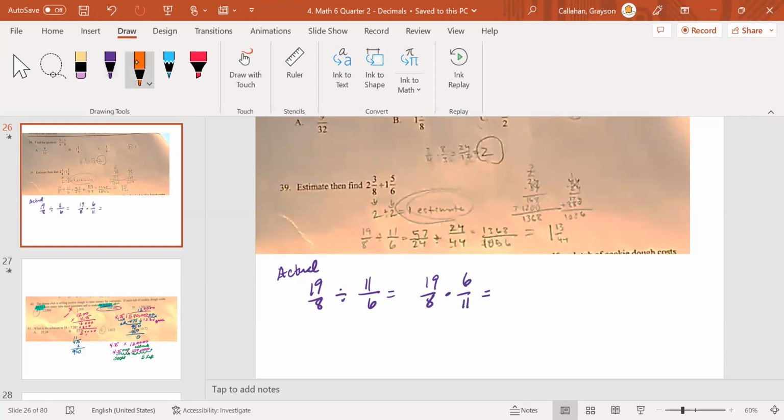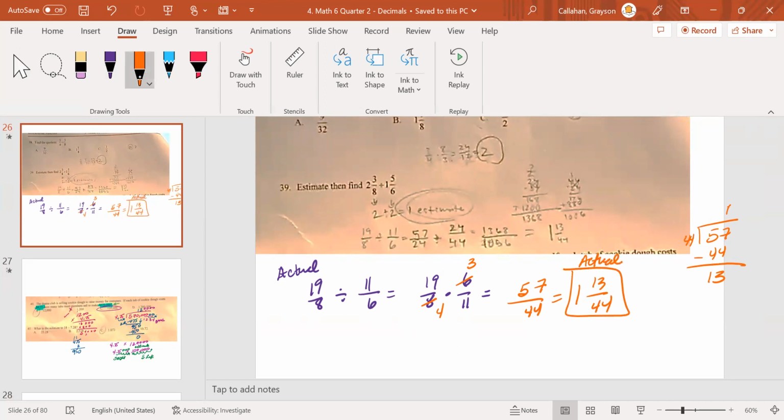You want to cancel anything top and bottom. Do you see the 6 and the 8? You could divide them by 2 because they're even, right? 6 divided by 2 is 3, and 8 divided by 2 is 4. Now you can multiply across. Okay, and then of course you want to put it back into a mixed number again. 44 times 1 is 44. Subtract, you get 13. Your answer is 1 and 13 over 44. This is your actual answer,